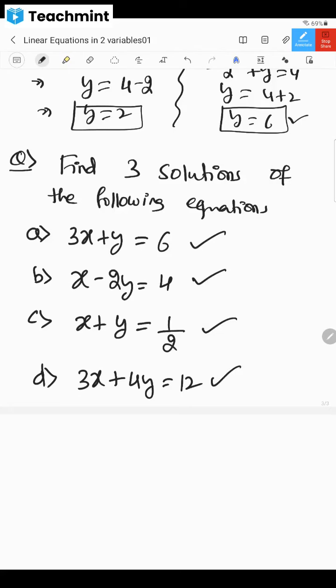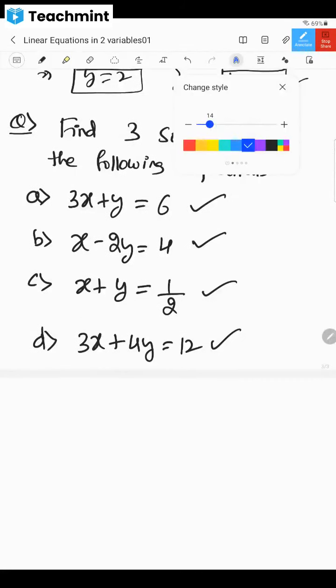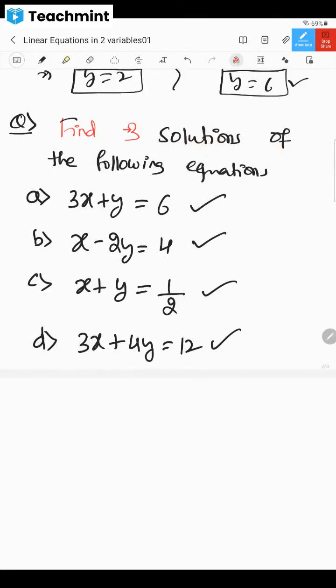Yes, sir. Okay, fine then. So you have to solve this, the 3 solutions. You have to find 3 solutions for these questions. You take this as homework, right, dear children? Yes, sir. Once the class is over, you can solve them. Okay.